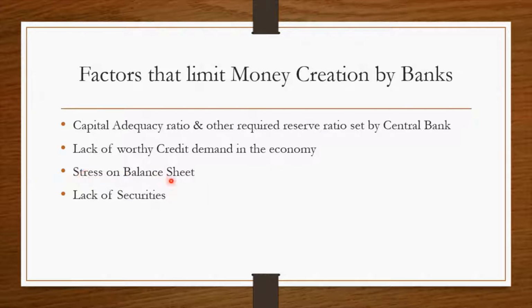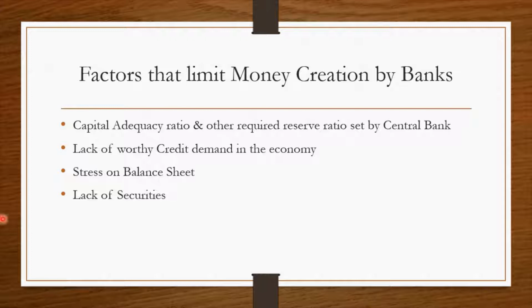Stress on the balance sheet of banks. The bank's financial condition may not be great to give out those loans, so the borrowers may have defaulted on the bank, putting stress on the bank's balance sheet and reducing its ability to give loans. The bank's capital adequacy ratio, for example, may not be good. Its equity reserves might be low. Some of these things can inhibit the creation of money by the banks in the economy.